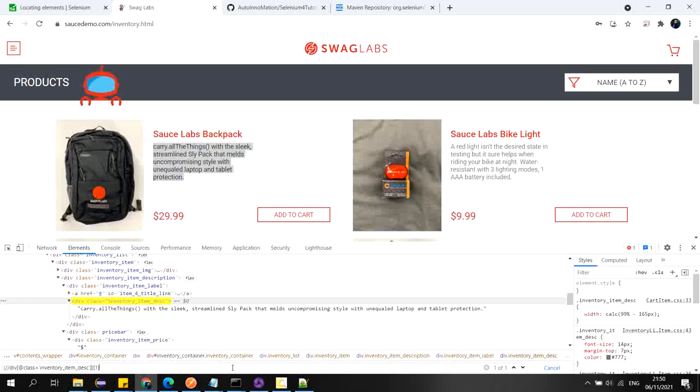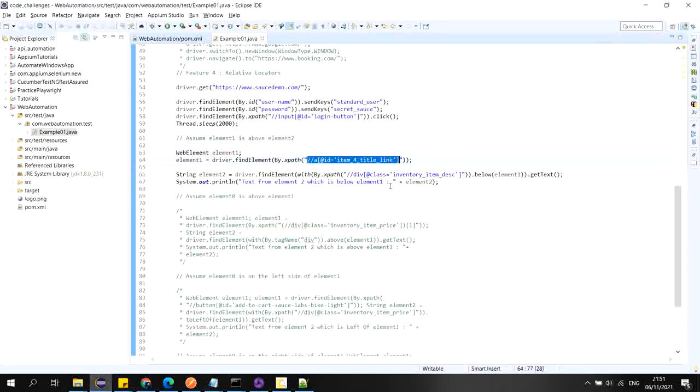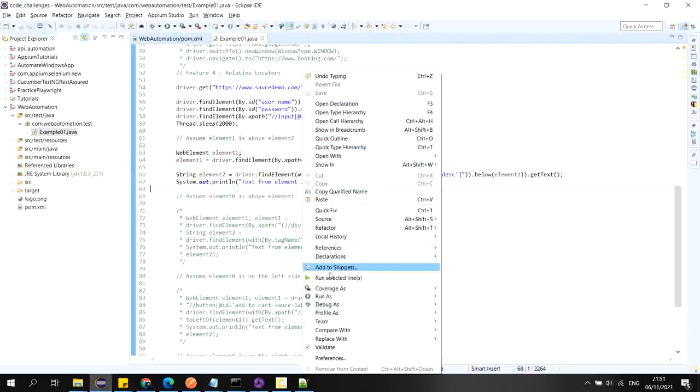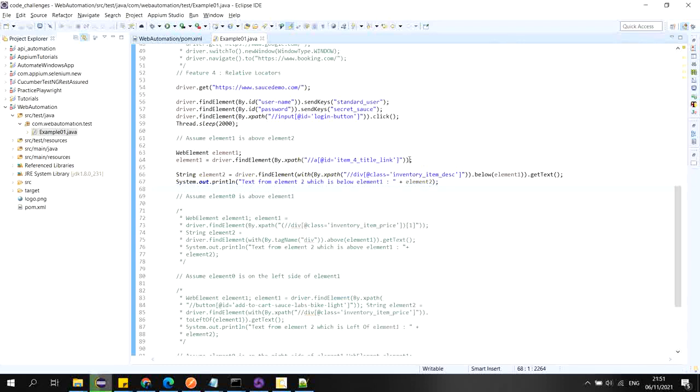But suppose the element is not in this position. Now it is coming in the number 1 position. After some time, if you reload the page, it can be in the 3rd position or the 4th position. At that time, how will you identify it? In this kind of scenario you can use relative locators. Let me run the code, then I'll go through the code.